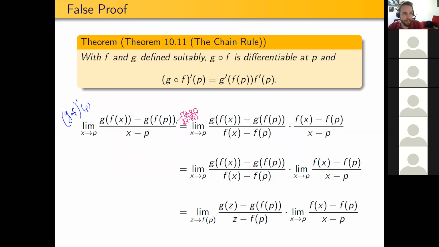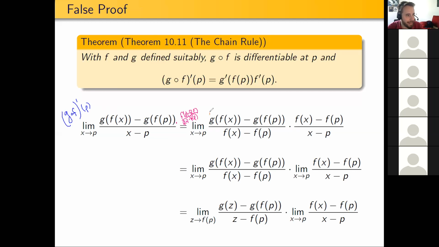Now, if we try to do that, we can rewrite it in this way, right? So notice over here, I've rewritten it. I've moved one of the f of x minus f of p's over here, so that now it's g of f of x minus g of f of p over f of x minus f of p, and then times f of x minus f of p over x minus p, right? So I multiplied by 1, and then I shifted what was in the numerator over what, and now